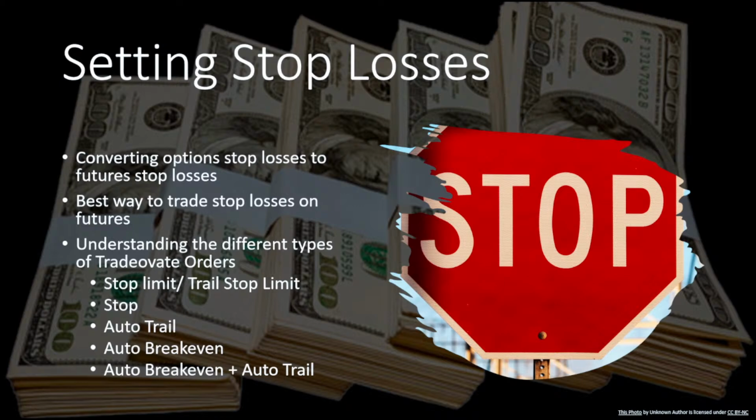So understanding different types of stop losses here. This is a big thing. Again, I'm going to talk about Tradovate because that's just what I know here. On futures, instead of calling them OCO orders, or one-cancels-other orders, we call them brackets. A bracket is essentially the ability, at the time of entry, to set a take profit and stop loss. So you will definitely want to familiarize yourself with these during your paper trading and your prop firm trading.